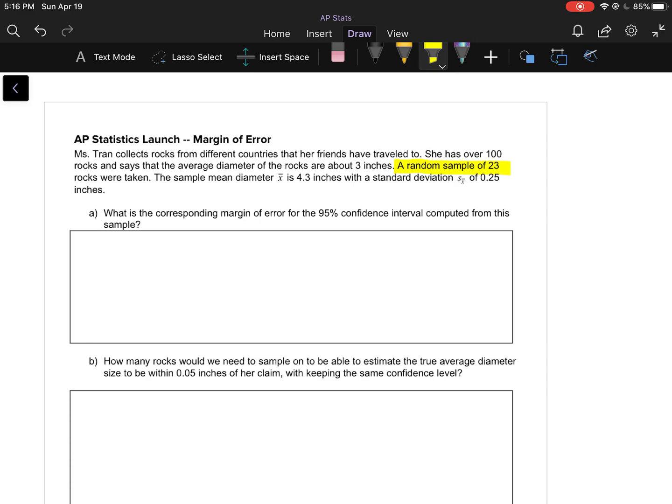What is the corresponding margin of error for the 95% confidence interval computed from this sample? So margin of error is equal to t star times s sub x over square root of n. And for this case, we know that degrees of freedom is going to be 23 minus 1, which is 22. So we're looking at t star of 22 at the 95% confidence level. And if you look at your chart, you're going to get a t value of